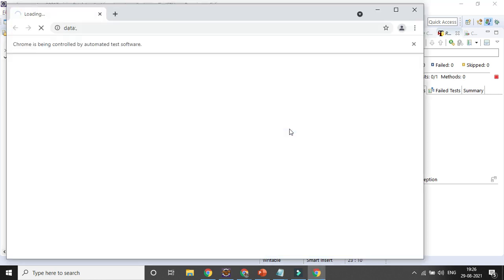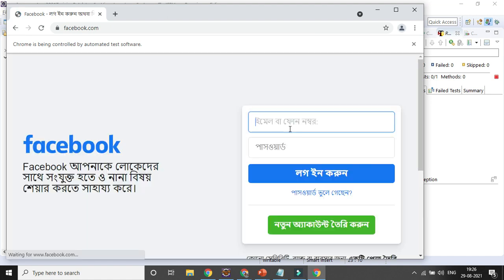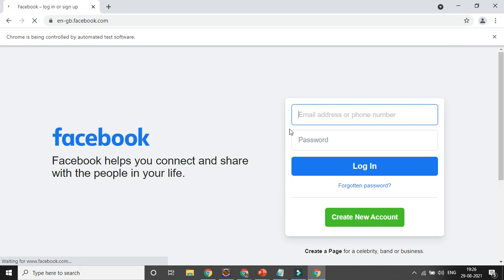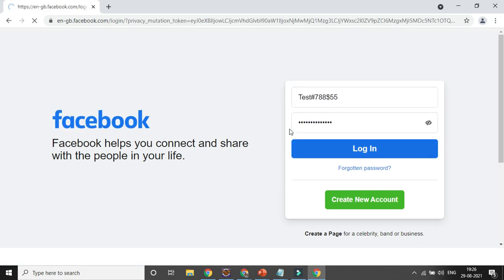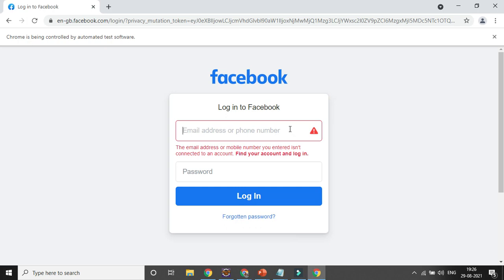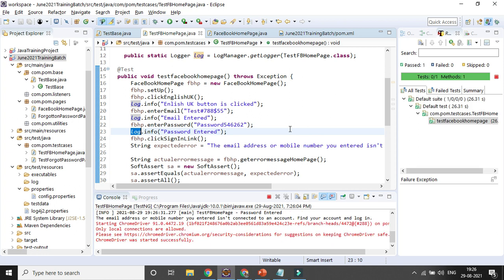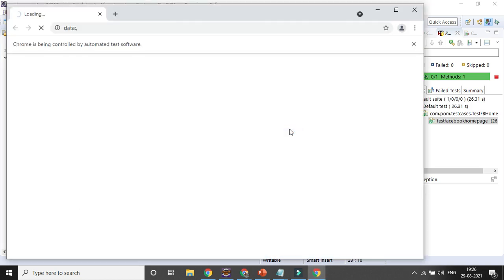So that way you can get some log, and from the log itself you can see whether your execution is successful, or any kind of error or mismatch is there or not. Because until you implement it, it will not be shown there. Now you can see in the console that the logger information is being displayed, password entered, whatever information you have added, it will be displayed properly.